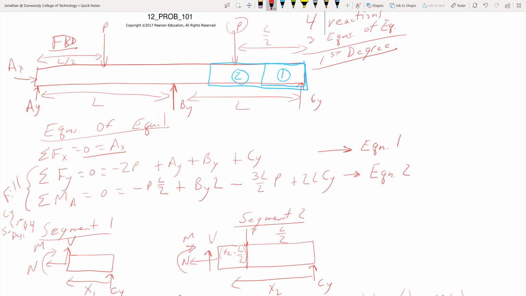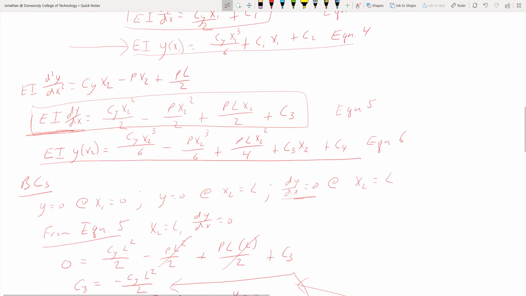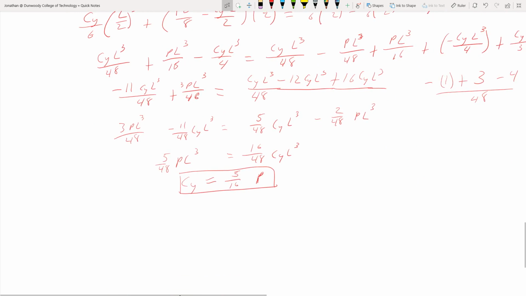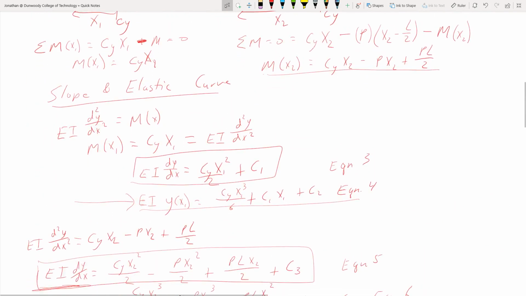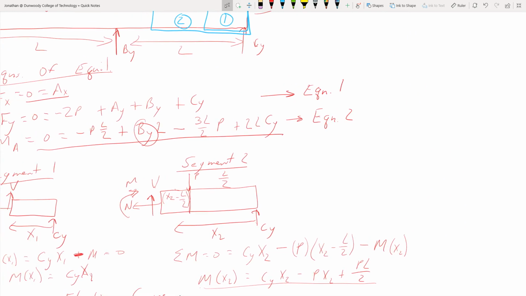So as I look at that, what do I get? My moments, I'm going to do first, right? So I'll be able to solve BY directly, because I have CY now. And then I can go back to my forces in that bit. So what was that? It was going to be 5/16 P. I might just slide over here rather than copying these down. It's a little hard to scroll back and forth. CY is 5/16 P. So what is this going to work out to be? So we get,